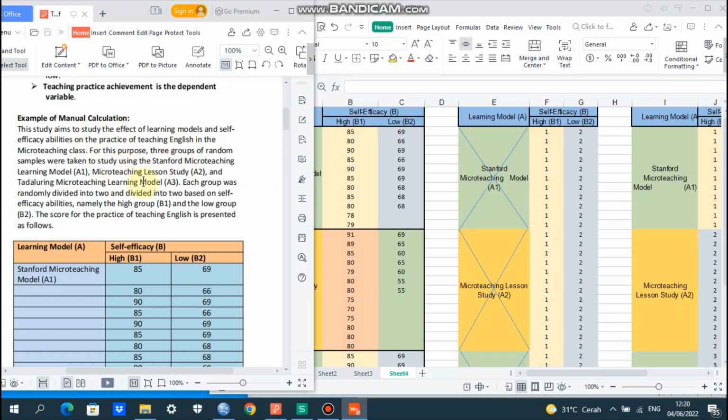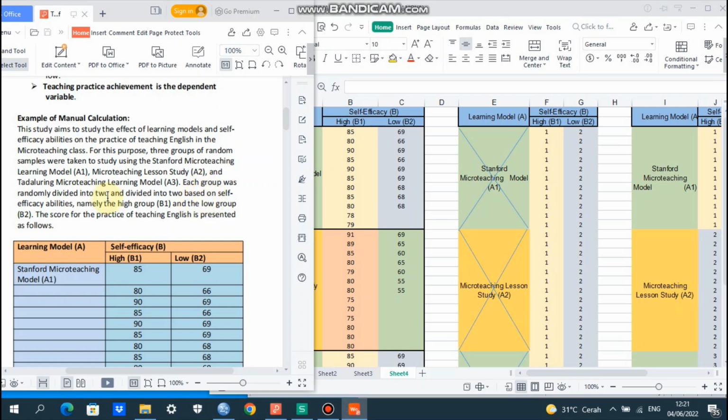For this purpose, 3 groups of random samples were taken to study using the Stanford Micro Teaching Learning Model, A1, Micro Teaching Lesson Study, A2, and Tadaluring Micro Teaching Learning Model, A3, which belong to the learning model factor.